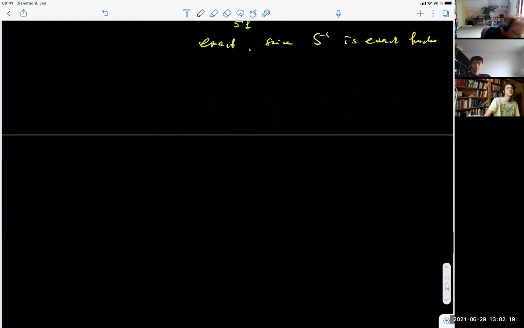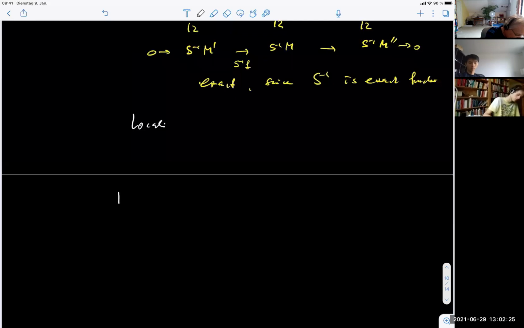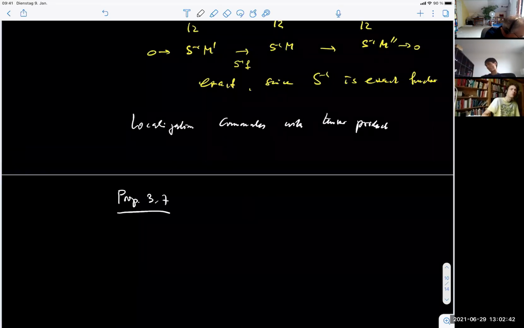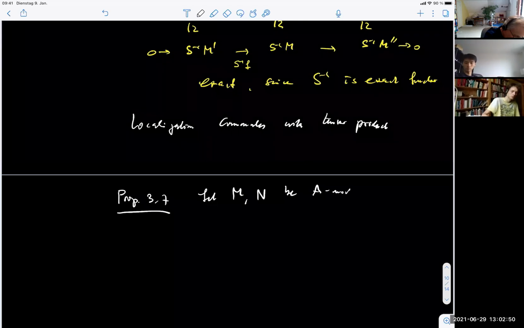Maybe I put it on the next board, proposition. So, okay, the statement is this: localization commutes with tensor products, with the operation of taking tensor products. So let M and N be A modules. And S is a multiplicatively closed set, I think I usually write. So then,